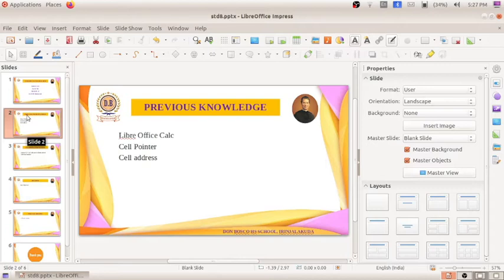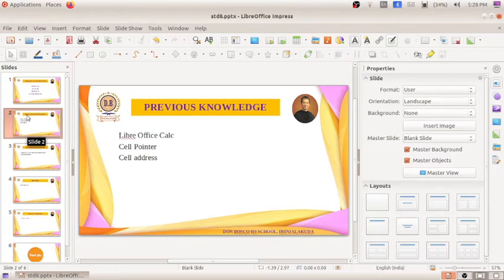So how can we open this LibreOffice Calc application? Office, LibreOffice Calc. When we open LibreOffice Calc, you will get different rows and columns, and you can see cells.